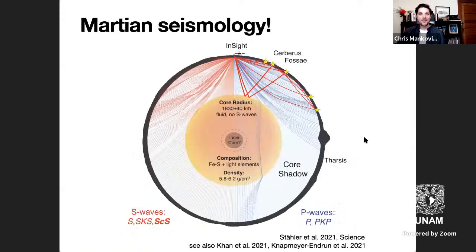And I'd be remiss if I didn't mention Martian seismology. There's an incredible trio of papers that came out just about a month ago, delivering seismic results from the Mars InSight seismometer. This is a cartoon from just one of those papers that has results about the Martian core. And this finding was driven by Mars quakes that were picked up, these shear waves that were picked up after having reflected off of the core boundary.